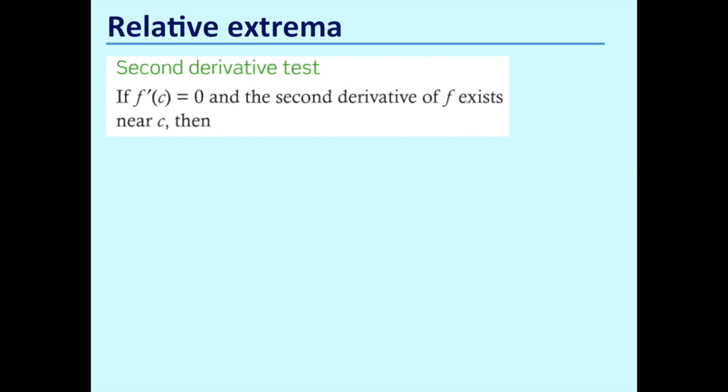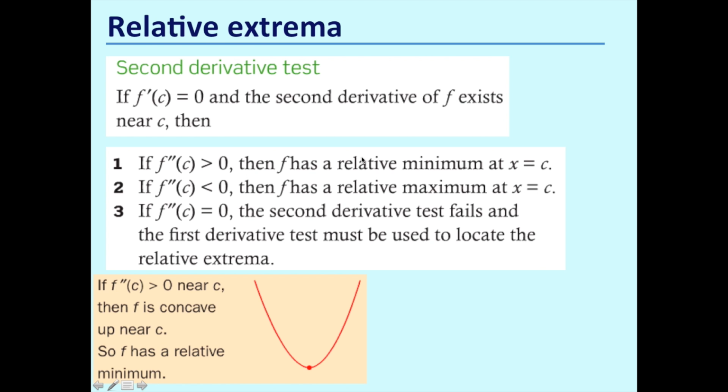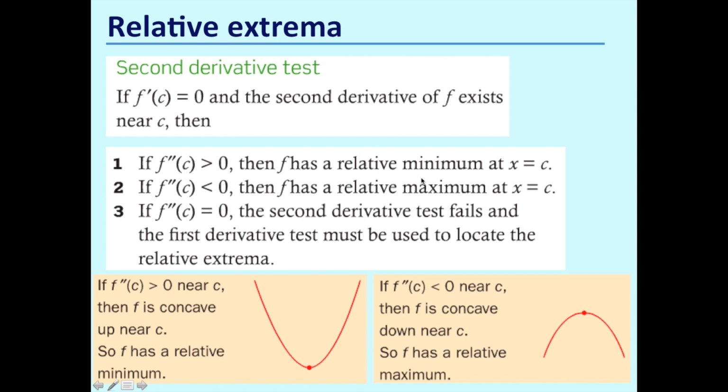The other reason we need to use the second order derivatives is as an alternative way of identifying relative extrema, i.e. a relative maxima or minima. If we have a second order derivative greater than 0, then we must have a relative minimum, and if the second order derivative is less than 0, there must be a relative